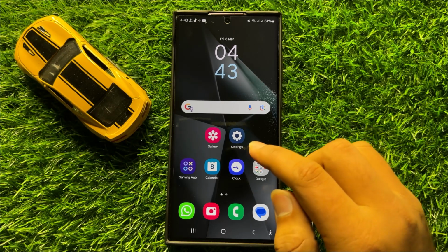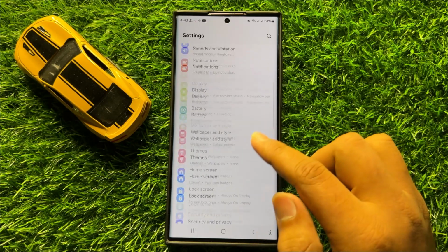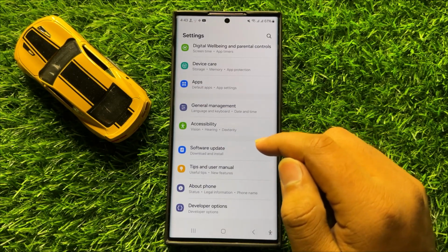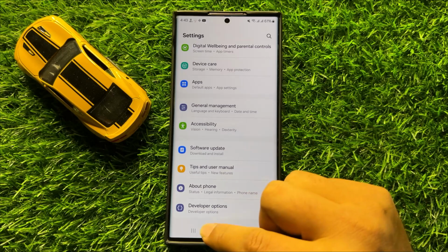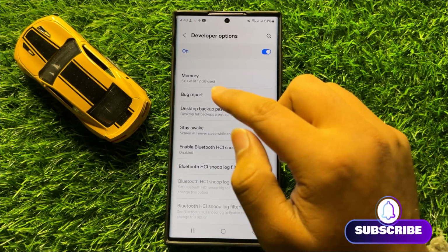So first of all, open settings. Now in settings, scroll down and here click on developer options. Now in developer options, click on memory,